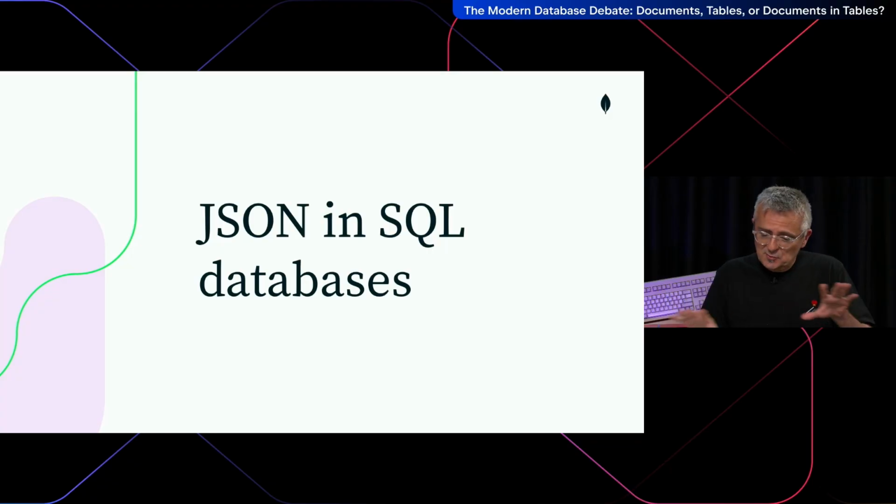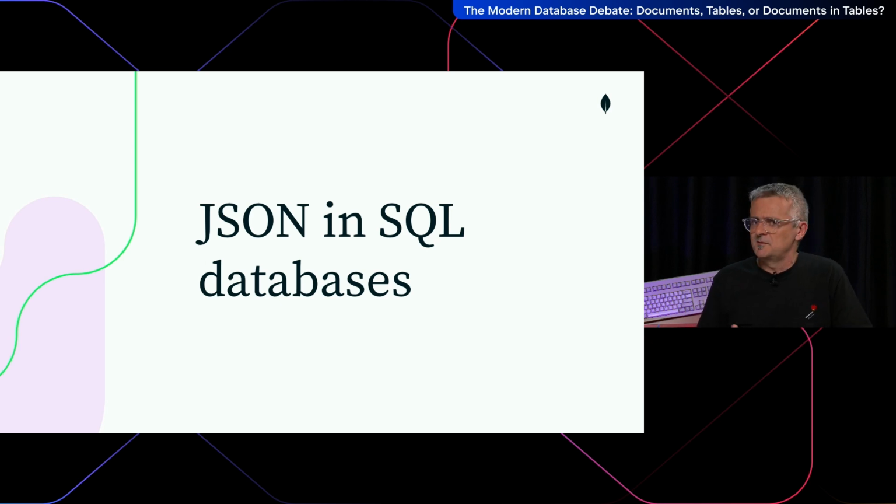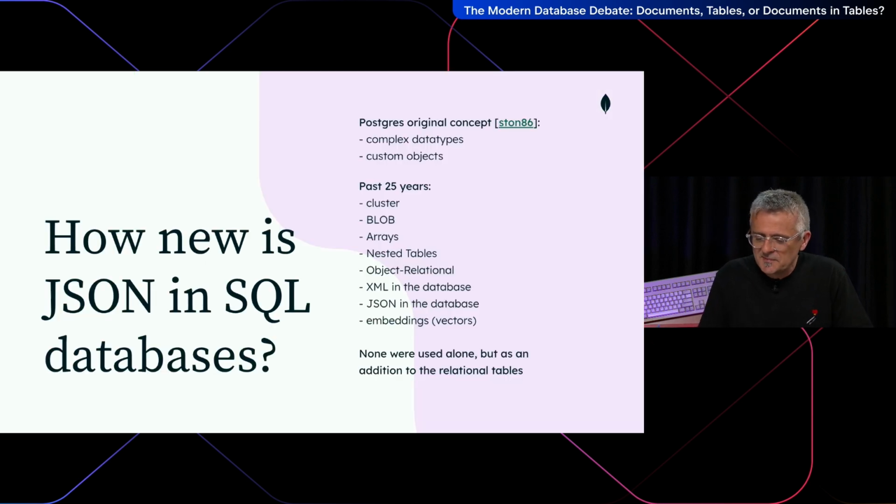I see. All right. Okay, then talking about documents and SQL, looks like you have only two choices, but you can also put JSON in a SQL database, and there are even some people who think that, I've seen that on Reddit multiple times, like, just put a primary key, UID, and JSON in Postgres, and then you have a document database, but it doesn't work like this. But first, JSON in SQL databases, it's not so new.